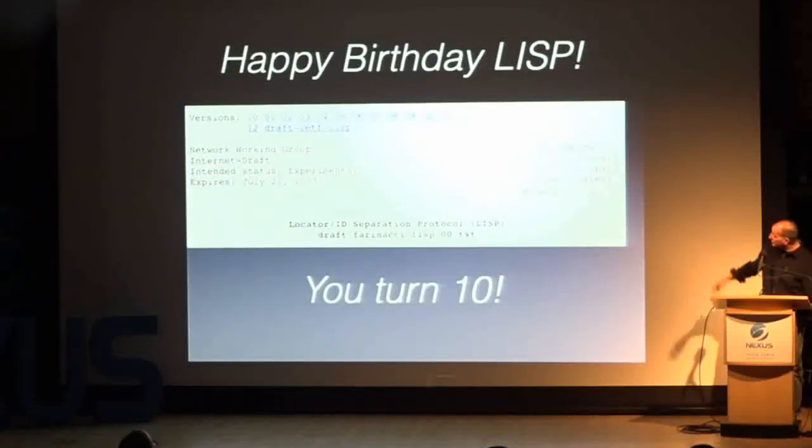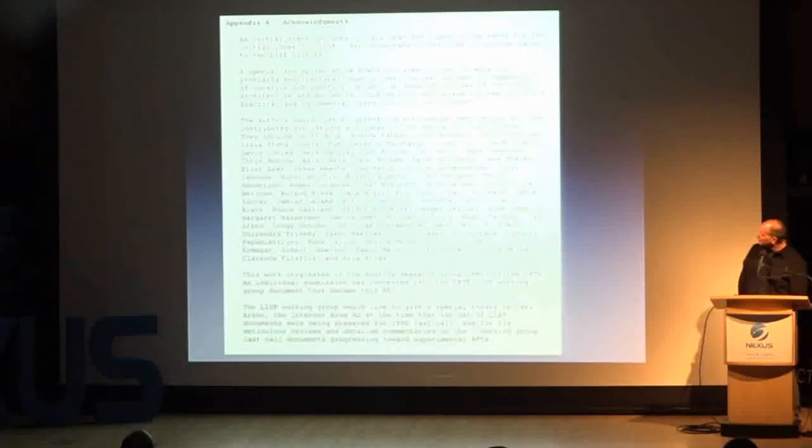So this was the first Internet draft, January 17, 2007. It was the first individual submission that became a working group later. But we're in 2017 now, so LISP turns 10 years old. I wonder what it's going to be when it becomes an adolescent, right? And hundreds of people are responsible for contributing, from service providers to researchers to vendors. It's really been a community thing.